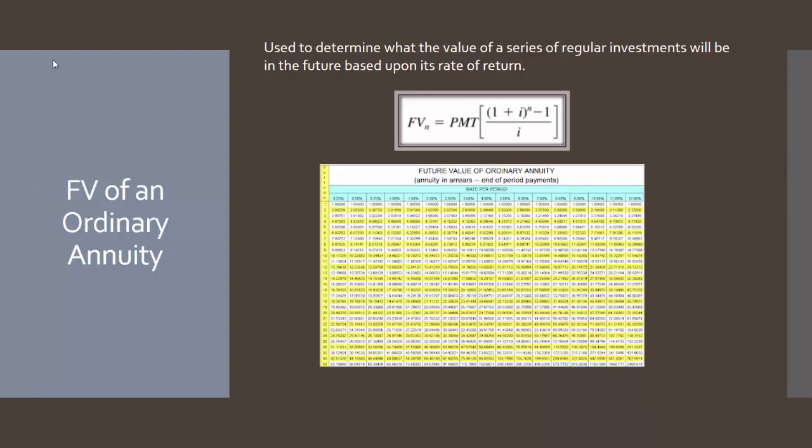And then lastly, we have the future value of an ordinary annuity. That is when you are going to put in a series of deposits, and whatever you're depositing that money in is earning a return of some sort, usually interest or maybe dividends. If you continue to make a series of payments, what's it going to be worth at some point in the future? So if you had excess cash flow, but this time instead of doing one lump sum, you decided